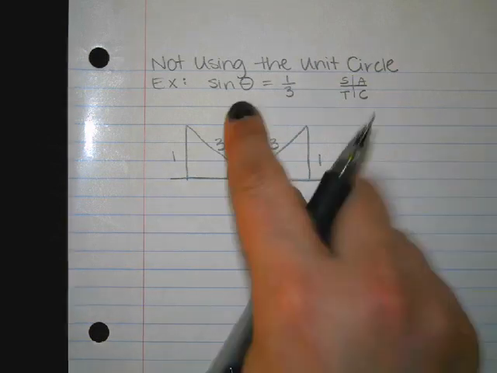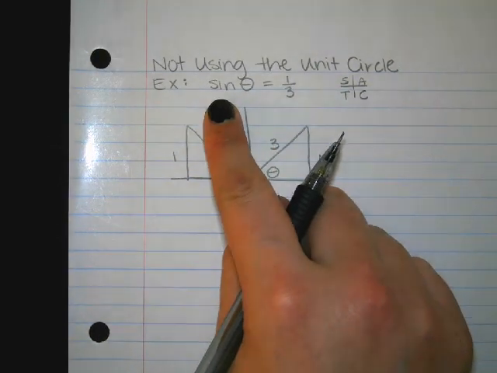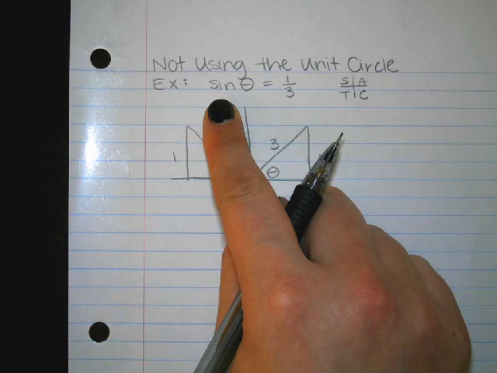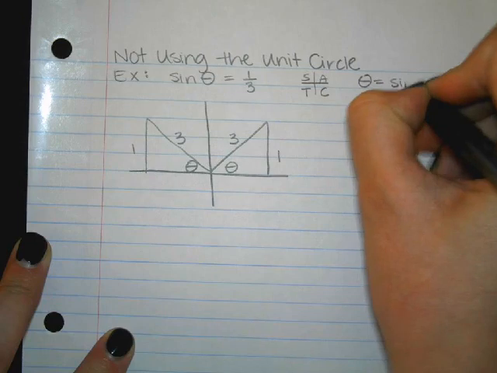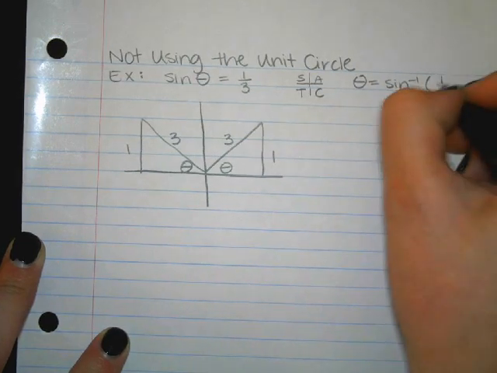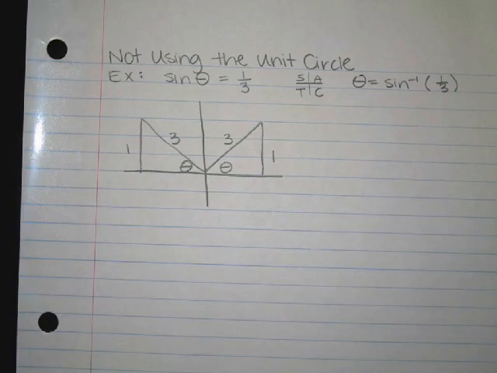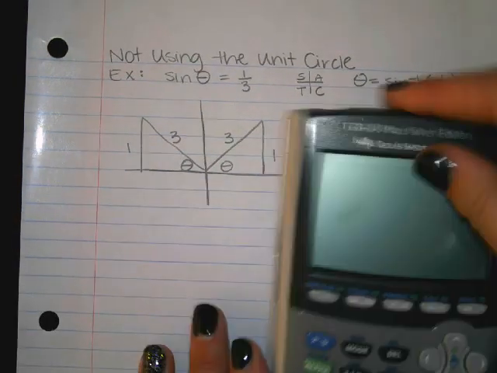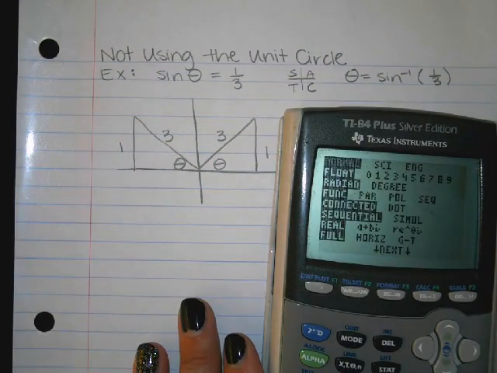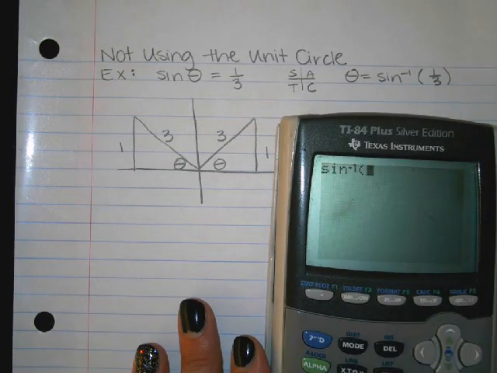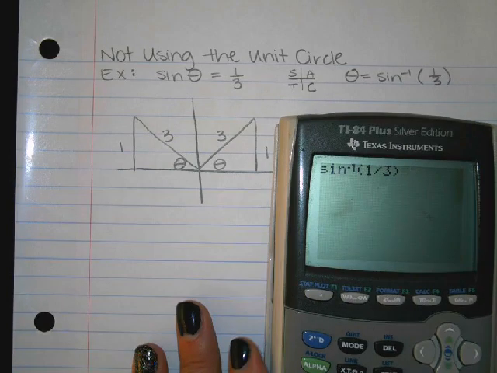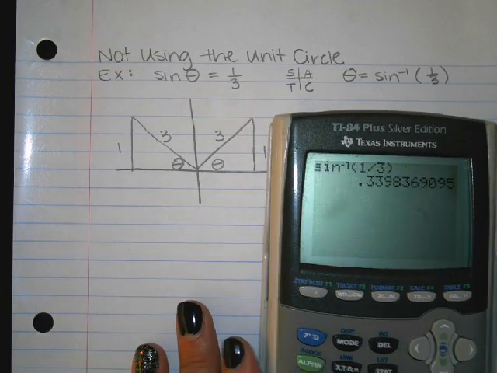All right, so now if I was to solve this equation, how do I get rid of sine? Inverse. I do inverse. Okay, so I'm going to say theta equals sine inverse of 1/3. And we have been working in radians, so before we use the sine button, we have to make sure that our calculator is in radian mode. Okay. And I'm going to press sine inverse of 1/3. Okay. All right,